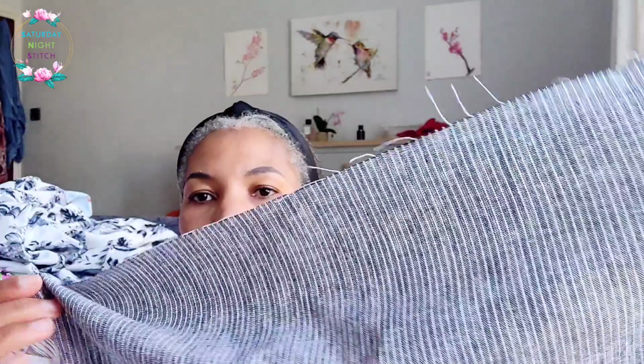Look at that. So the yarn dyed linen came in two different stripes. There's this one, which is a very narrow stripe, and the other one had a wide stripe, which was about 1 centimeter. And I think that this one is maybe about 2 or 3 centimeters. But it is gorgeous. And I got this one in the black because I want to make a linen shirt